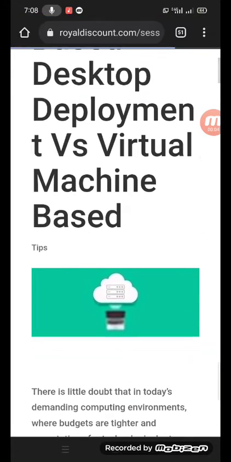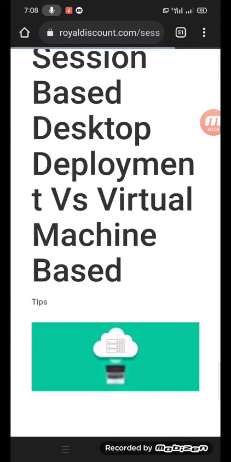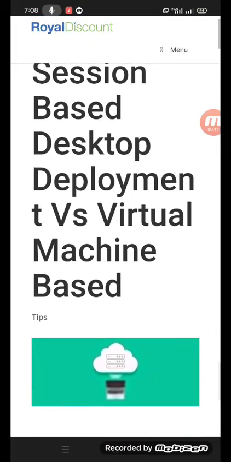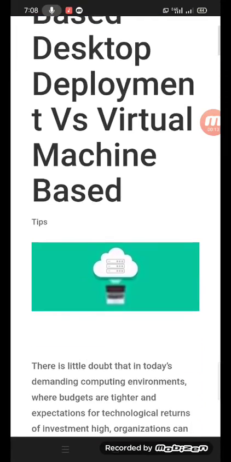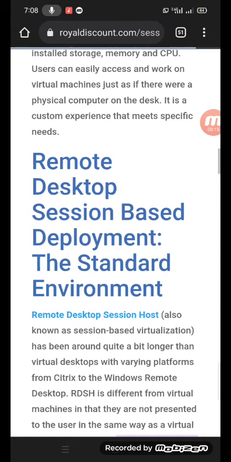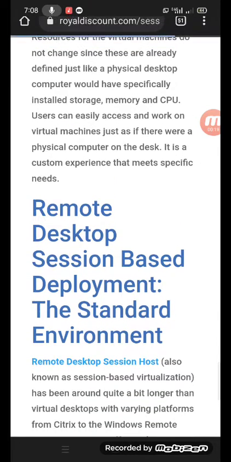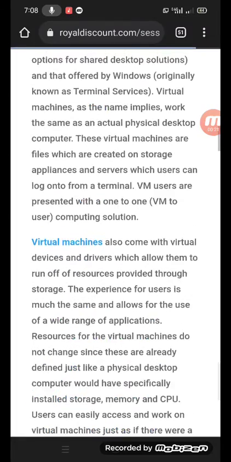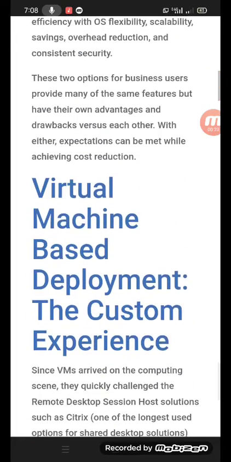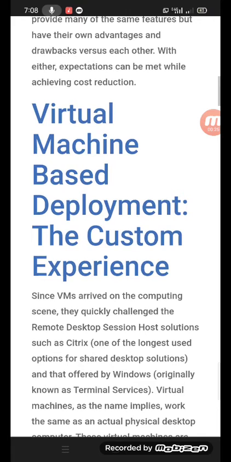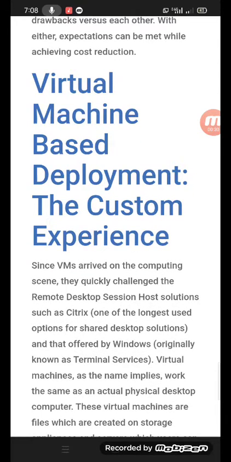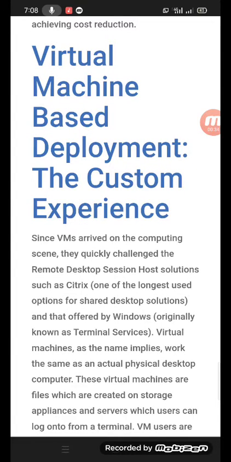The difference between virtual machine based and session based desktop deployment. Remote desktop session based deployment, the standard. Virtual machine based deployment. Since VMs arrived on the computing scene, they quickly challenged the remote desktop session host solutions